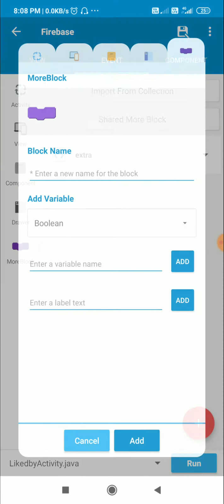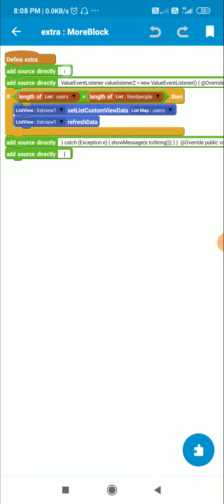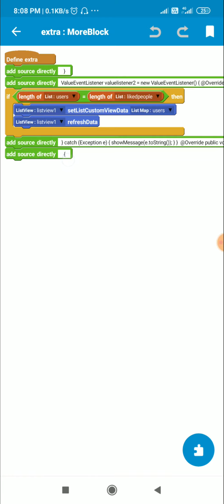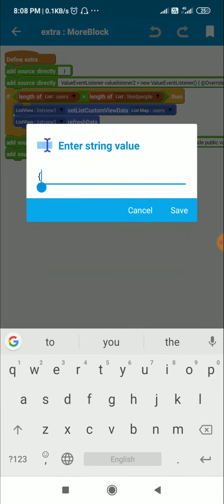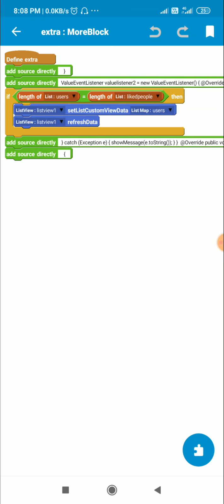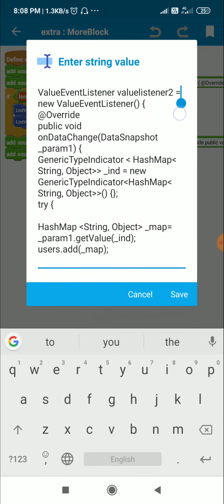Here I have created a more block, named it as extra, and in the beginning I close this more block using this closing curly brace, and in the end I have an opening curly brace which will compensate for this closing curly bracket. In between I define a value event listener value_listener2.